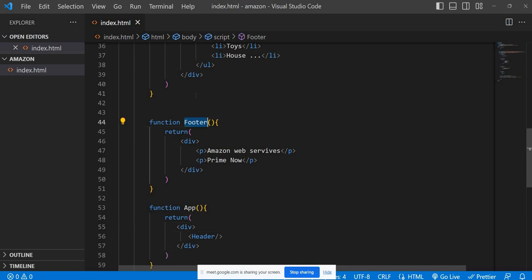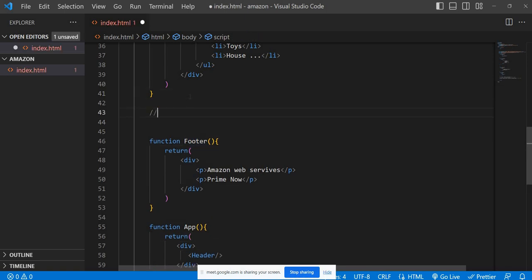This is the React component. Suppose, for example, a function is there. If you have defined any function, how will you invoke that function? Function add, suppose some definition is there. We will invoke it like addition. We will invoke that function like this, right? But when it comes to the